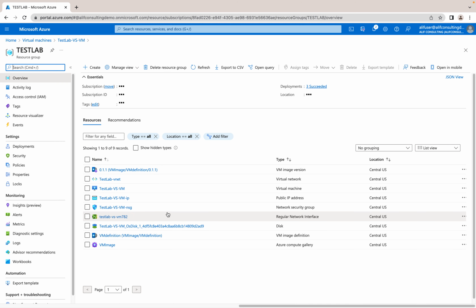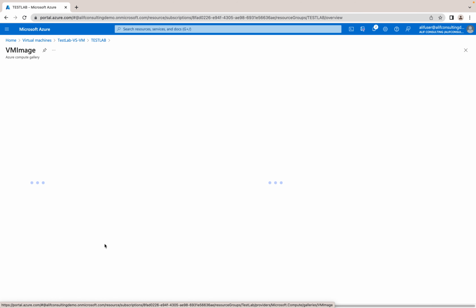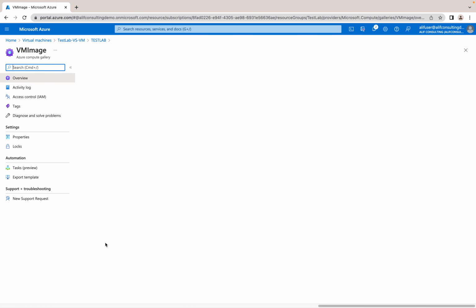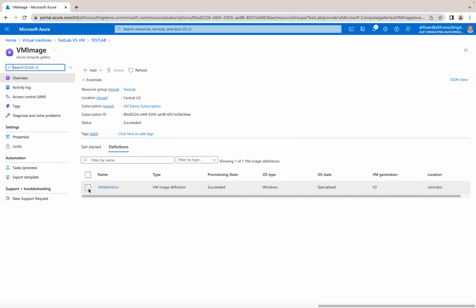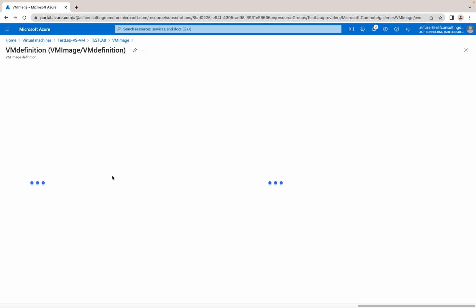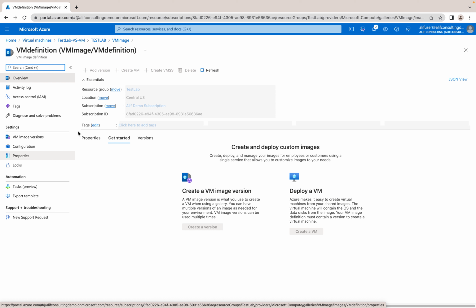this is how your image gallery will look. If you go into this image gallery, you would be able to see how many images you have and how many versions of those images you have created, and from here you can create multiple images. In my case, I have one definition. I can add more if I want, a VM application definition or a VM image definition, and if I go inside the VM definition, I can see how many images I have, and accordingly I have that image versioning created inside the image definition